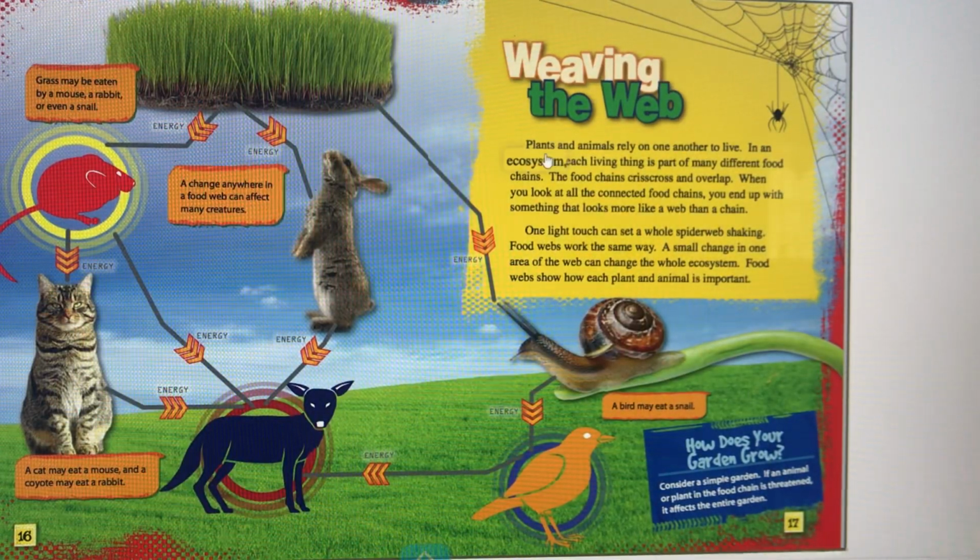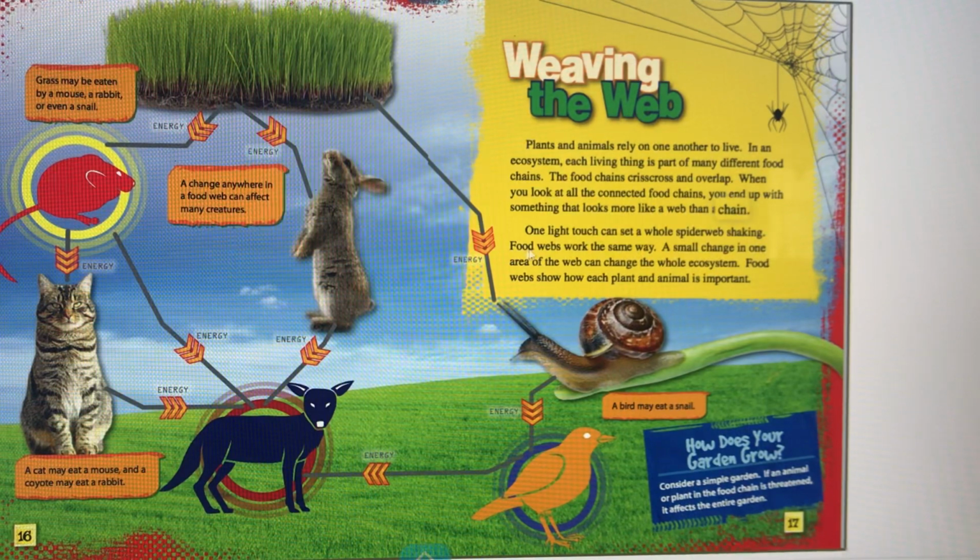Weaving the web. Plants and animals rely on one another to live. In an ecosystem, each living thing is part of many different food chains. The food chains crisscross and overlap. When you look at all the connected food chains, you end up with something that looks more like a web